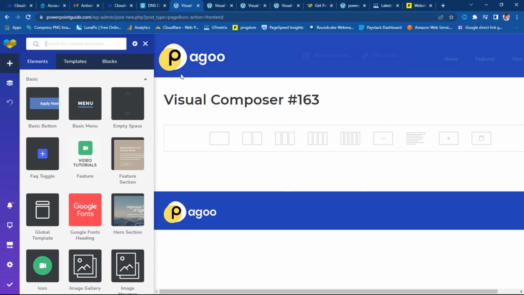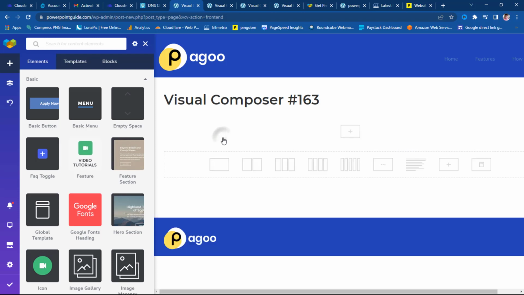So you can see that we have our header, we have our footer ready. In between, we can now begin to bring in our elements to design our website. We can bring in our header. This can just be an about me page. So I can make this one, and then I can add